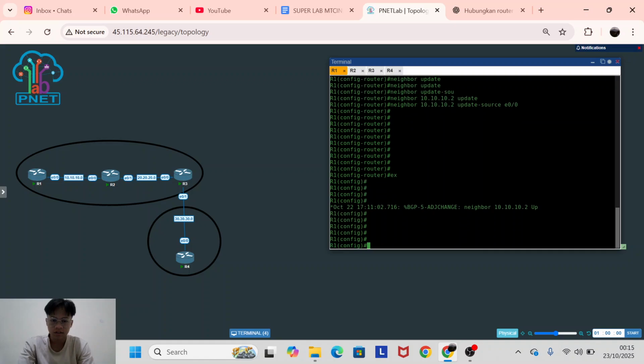try to ping from router 1 to router 3, 1 to 2. You can try.